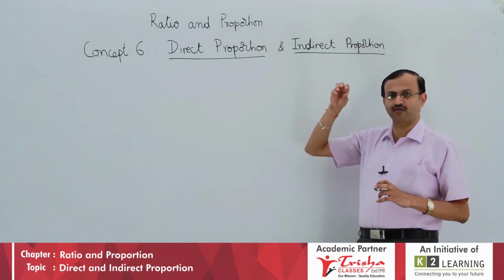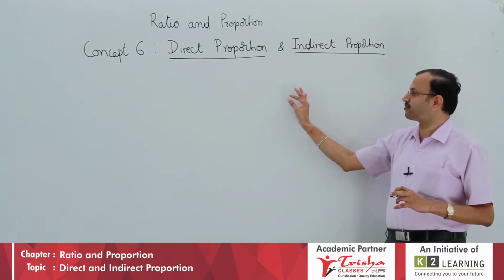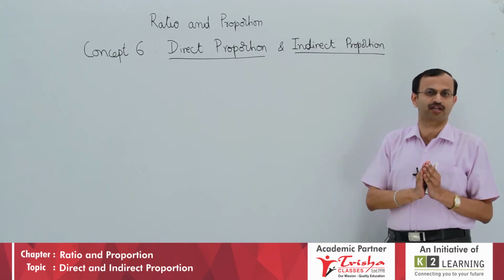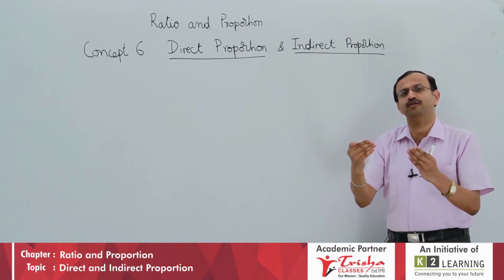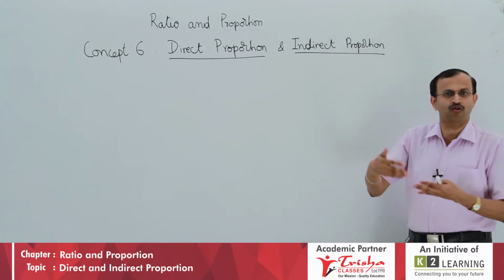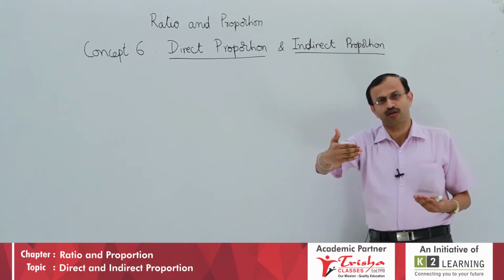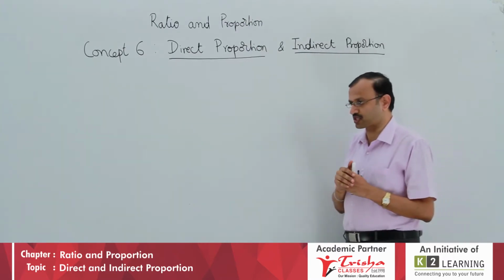In school it was there: 10 men can do a work in 30 days, 15 men can do it in how many days? 10 men, 30 days to do a work. The same work, if 15 men are doing it, will finish in a lesser span of time. More workers, less span of time. That means the number of workers is more, whereas the time taken will be less. It is an example of indirect proportion.